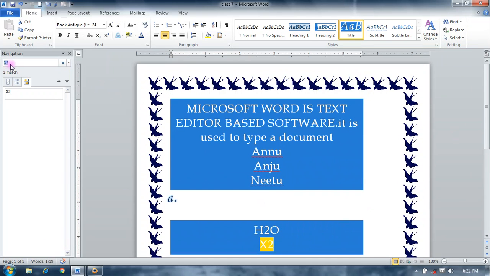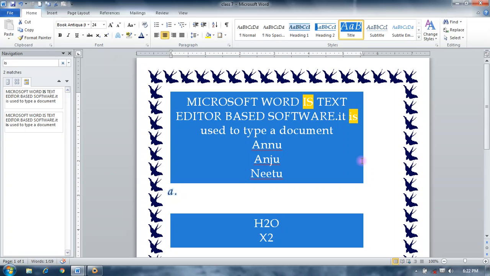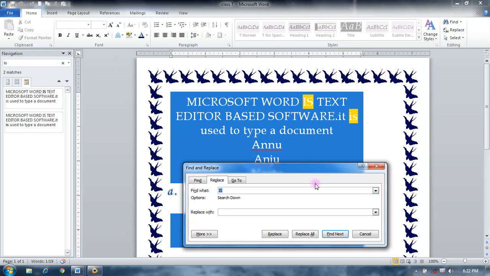If you want to find any text like "is", it finds "is", you can see. When you want to replace text with another, it also displays find, go to, or replace. So find what: "is" and replace with